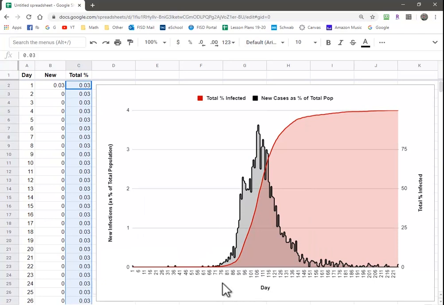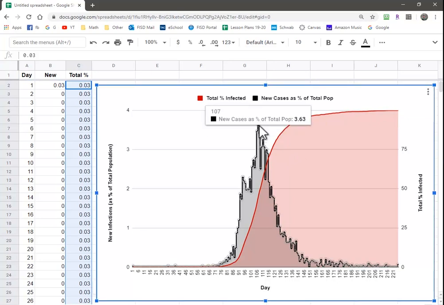All right, so again, you see the red curve. It starts off very, very slowly, and then boom, travel starts to happen. Exponential growth. Once we hit 50% of the world's population infected, that growth, still extreme, but starts to slow down and slowly eases its way into about 100% infected. Our worst day on record here was day 107, where 3.6% of the total population woke up healthy, but then